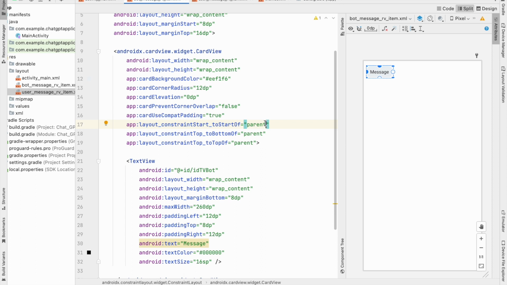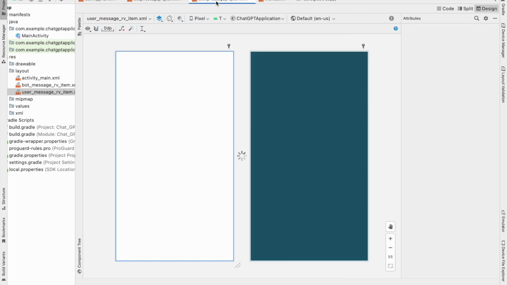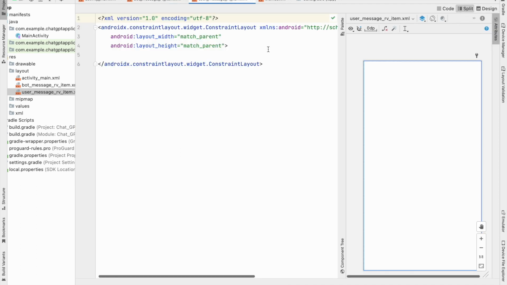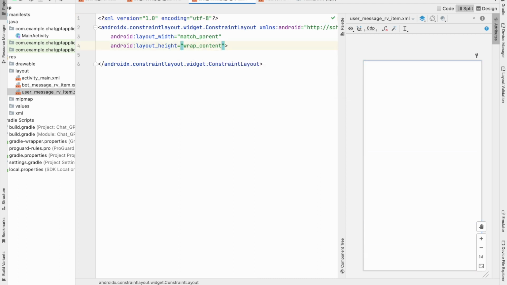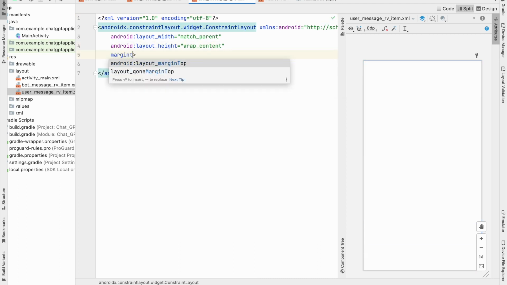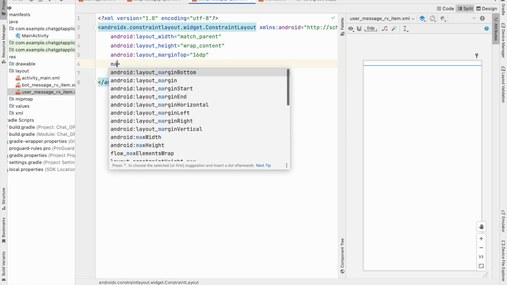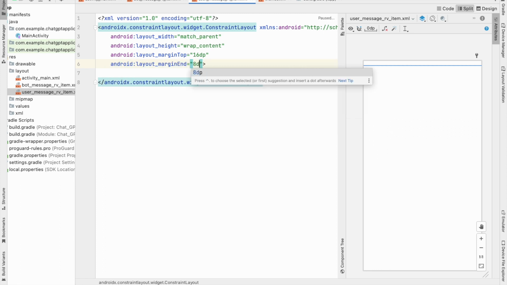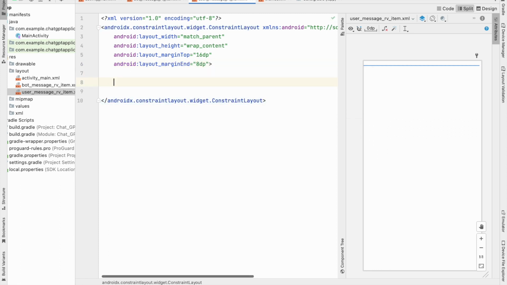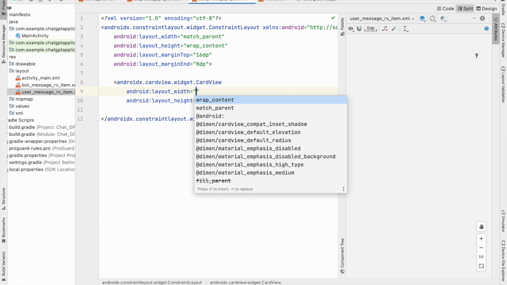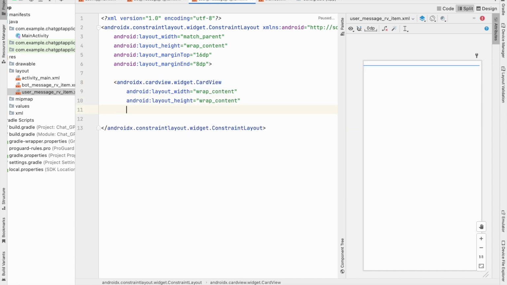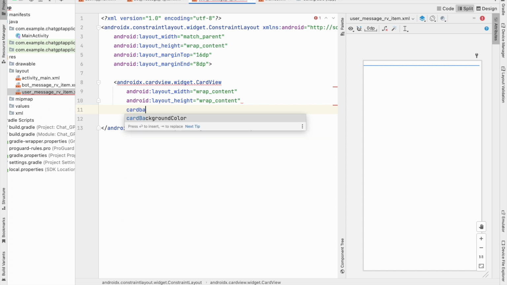After that, we will be creating the layout file our user message recycler view item. So for that, we will be navigating to the user message recycler view item. Inside this, in the constraint layout, specifying width as match parent, height as wrap content. Then specifying margin top as 16 dp. Similarly, specifying margin end from all sides as 8 dp. Now inside this constraint layout, creating our card view, specifying width as wrap content, height also as wrap content, card background color